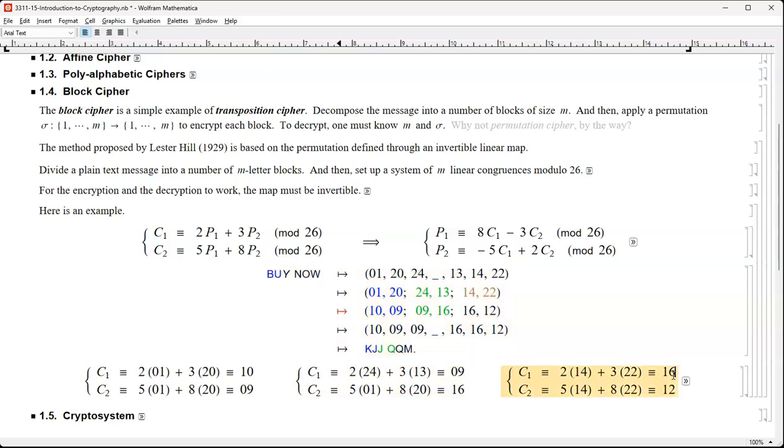And then here's a third computation. Again, the same map, the encryption map. And then put P1 as 16, P2 as 12, and do your computation. Oh, excuse me. P1 as 14 and P2 as 22, and do your computation. Brown, and then that's going to give you QM. So by now here,